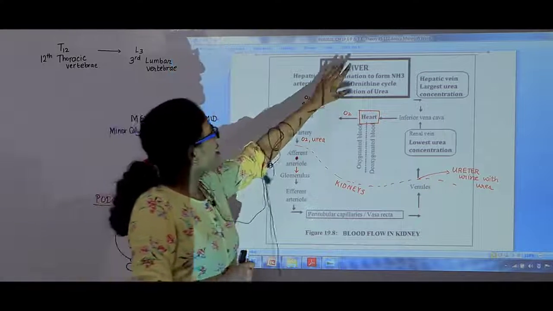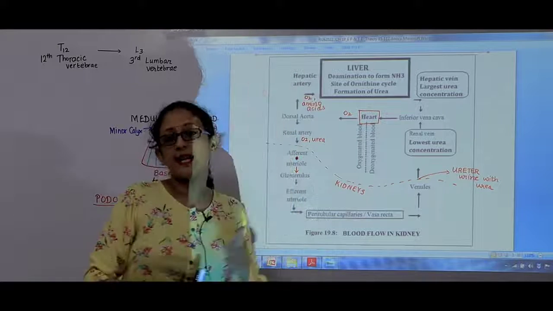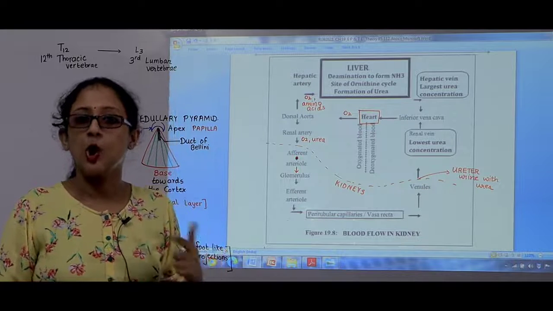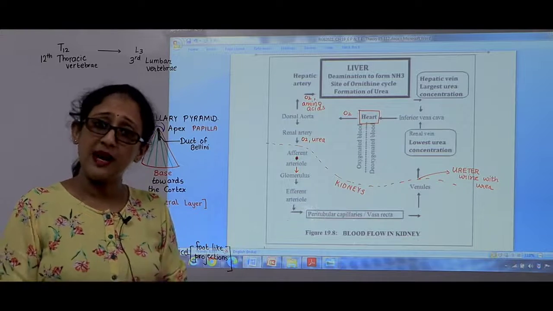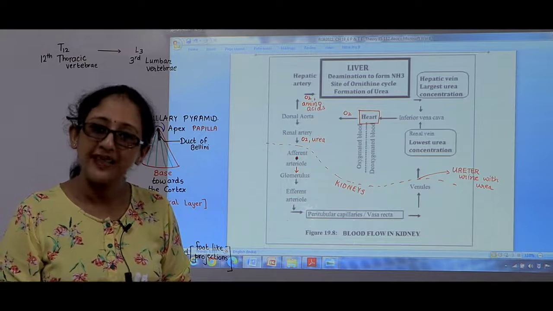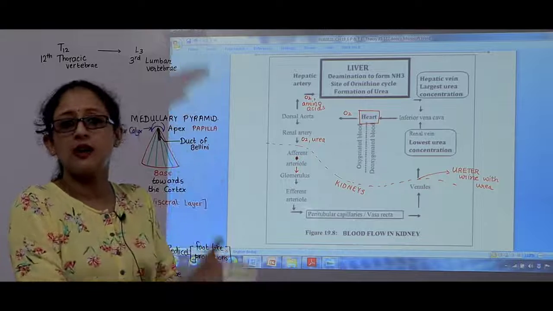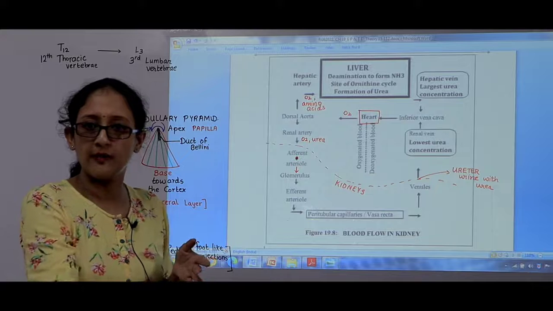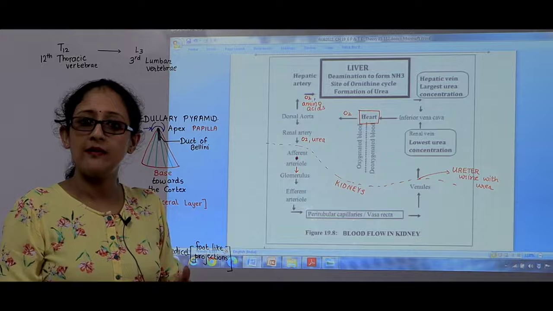The liver receives the oxygen and the amino acids from the hepatic artery. Inside the liver, first you have deamination, second you have the ornithine cycle which produces urea. Therefore, the blood vessel coming out of the liver, which is your hepatic vein, will have maximum urea, because the liver produces urea. So once again, MCQ: which blood vessel has least urea?